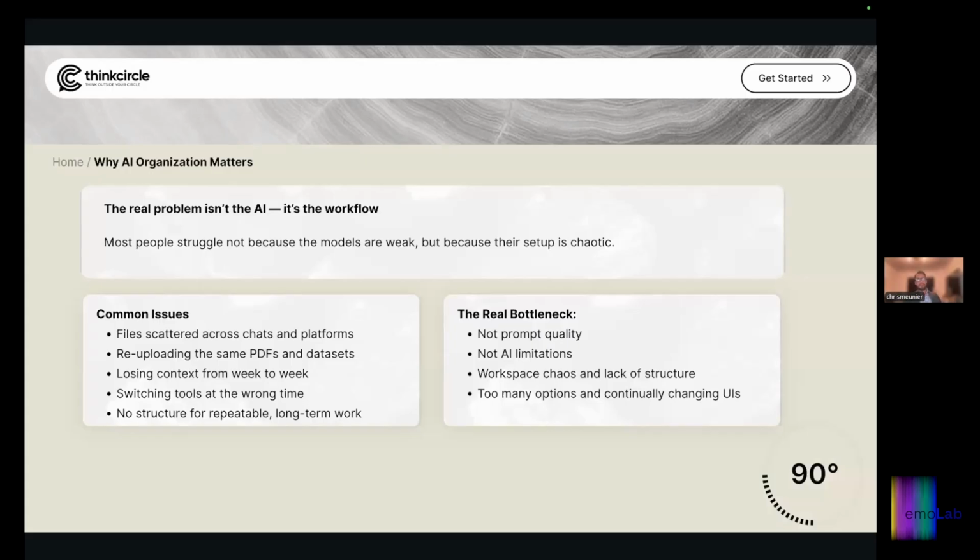So why AI organization matters. This is from my own experience, and I've been so frustrated with the wrong outputs and so many different things. I kind of realized the problem isn't the AI always. Sometimes it is, but it's the workflow. I assume most people struggle not because the models are weak, but because their setup is chaotic. And it's no one's fault. We all have so many different LLMs that we can use, and the UIs are always changing. But there are some approaches that we can take to try and simplify and use a systematic approach when working